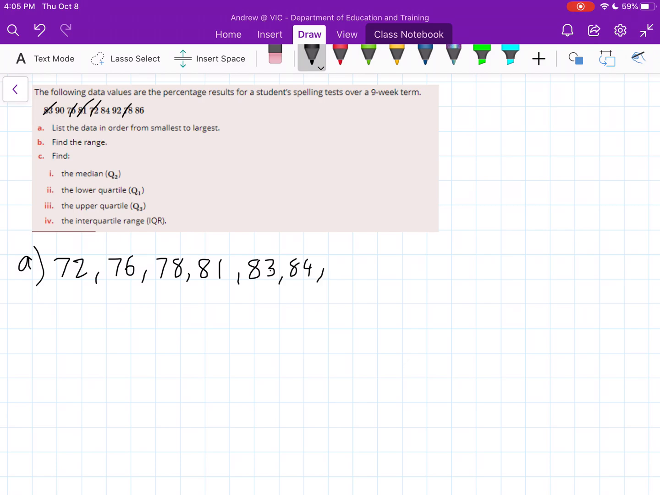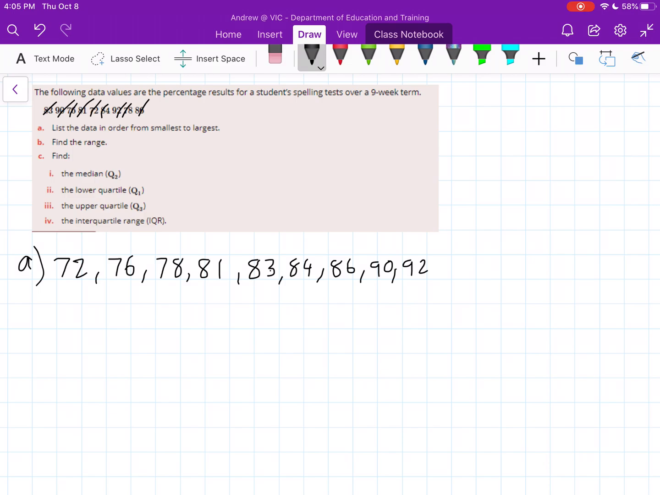84, 86, 90 and 92. So just crossing it all off, 84, 86, 90, 92. Okay, so it is important, and you do need to put it from smallest to largest